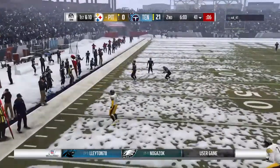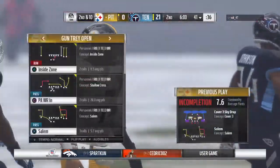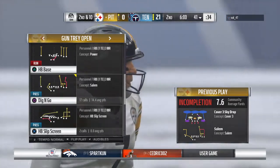Steps away to his left, and he just gets rid of it, throws it away. A wise move there, looked like nobody open, now second down. I would say